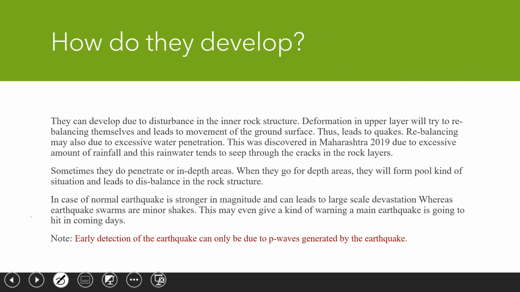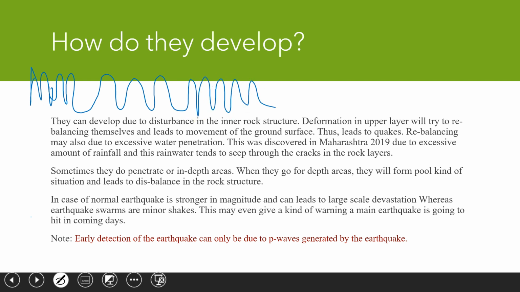I will explain it in the separate geography lecture, but I will give just a small introduction. See, this is your primary wave, with contraction and compaction. See, this is your compaction, this is the contraction, this is your compaction. This is a sound wave kind of thing. The example of a P wave is a sound wave. So the first wave that we collect in an earthquake is the P wave. Then only we can detect the coming earthquake.